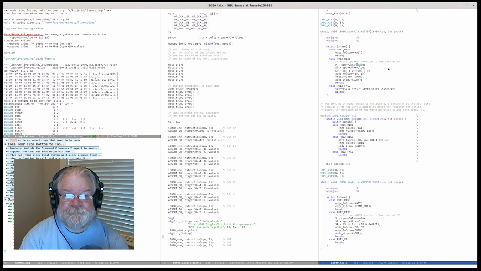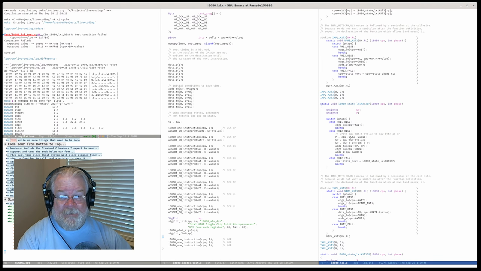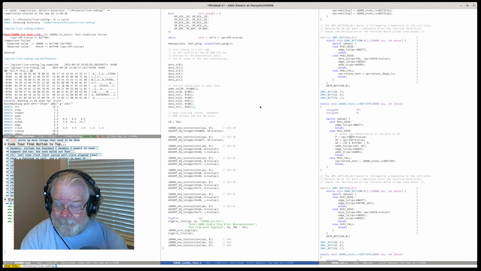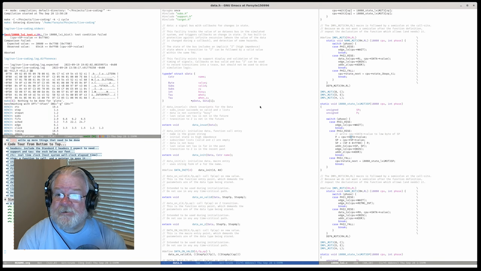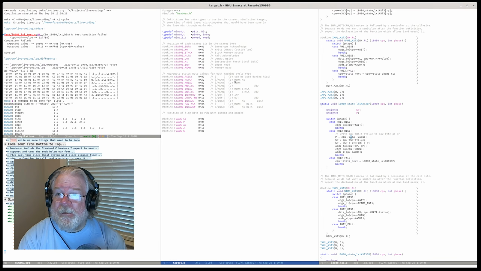So data, I wonder if I may have defined data to have a signed value. Let's take a look at that. So data is defined as containing a byte. And byte is indeed defined to be a uint8, so it should not be sign extending.